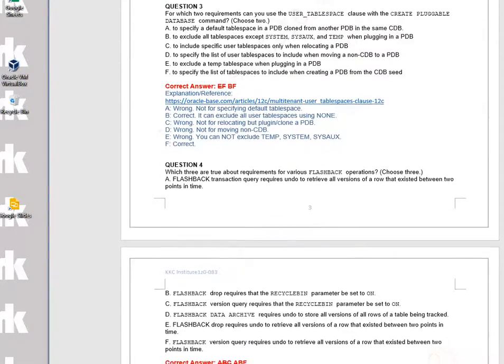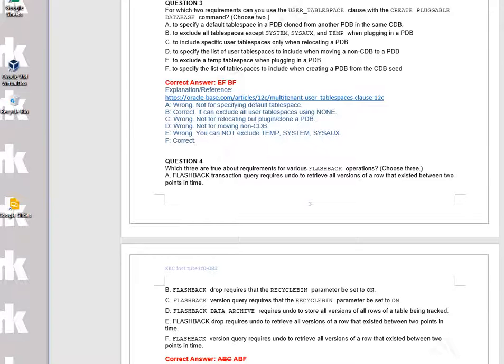Question number 3. For which two requirements can you use the USER_TABLESPACES clause when the CREATE PLUGGABLE DATABASE command is used? Okay, this question is about creating pluggable databases. When you use the USER_TABLESPACES clause, that means either you want to include only part of the user tablespaces, or you want to exclude all of them. So